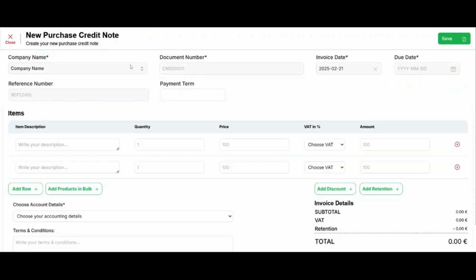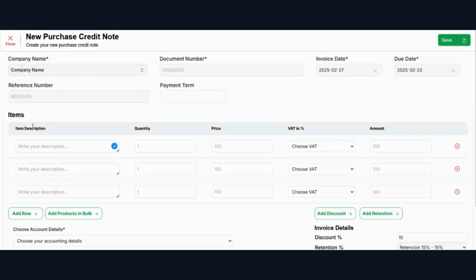Let's come here and create the data. You can see we have a few details to fill. First the company name, then the document number, then you enter the invoice date, then the due date, and the reference number. If you want to add any reference number, you enter it here, and this is not clickable, so you can leave this part.